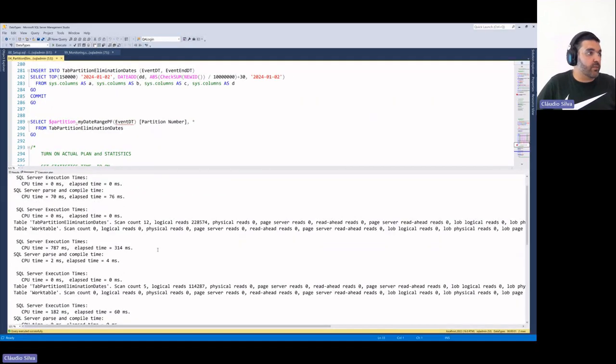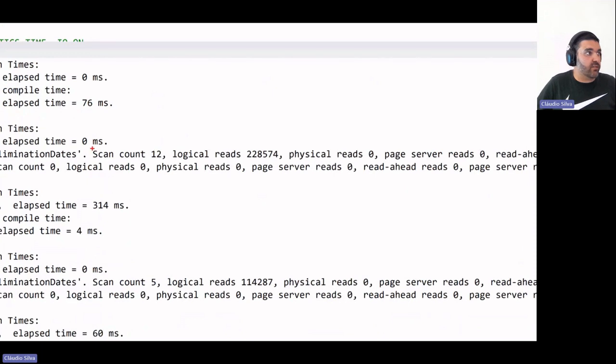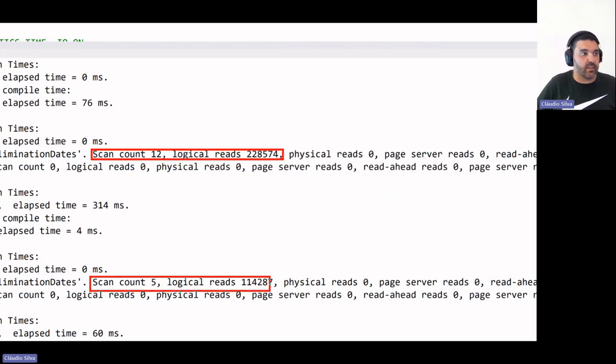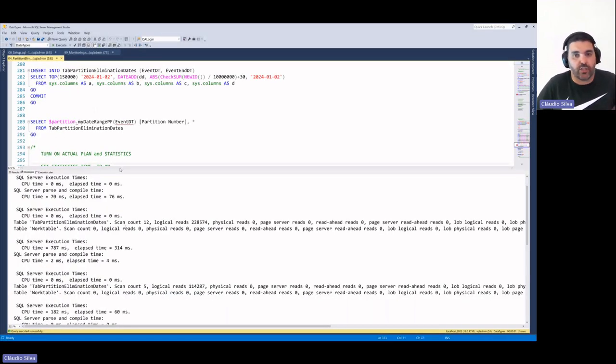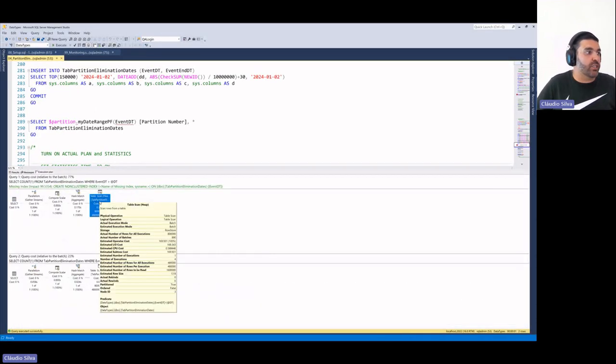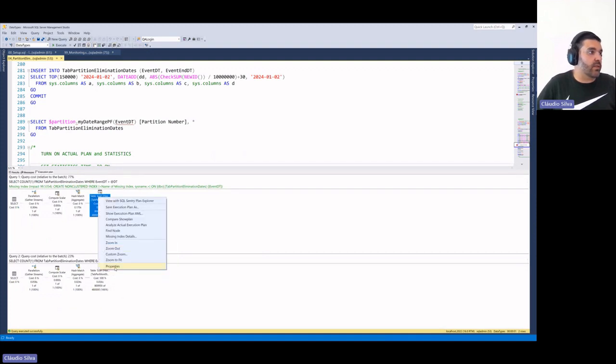What happens, once again, is that due to my poor data type definition on my variable, I'm doing more scans and more logical reads on the table compared with the one that has the proper data type. So I'm doing more or less 100,000 more IO and need to touch at least 7 more partitions.